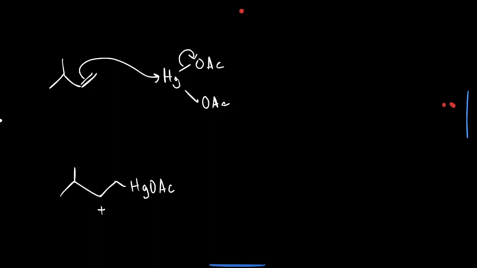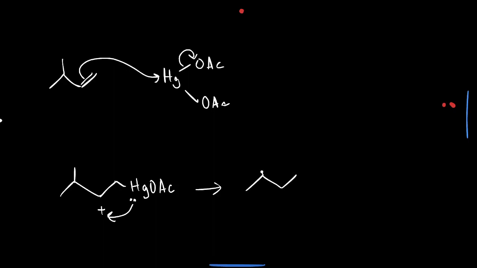But what's going to actually happen is, before that can happen, this mercury here, which has a lone pair, is going to go and attack the carbocation. And that happens essentially immediately as the carbocation forms. So this attack by this lone pair on the mercury is going to happen so fast that it's going to, again, occur before any sort of rearrangement, so any sort of hydride shift can occur. And so what's going to end up happening then is we'll form an intermediate that looks something like this,